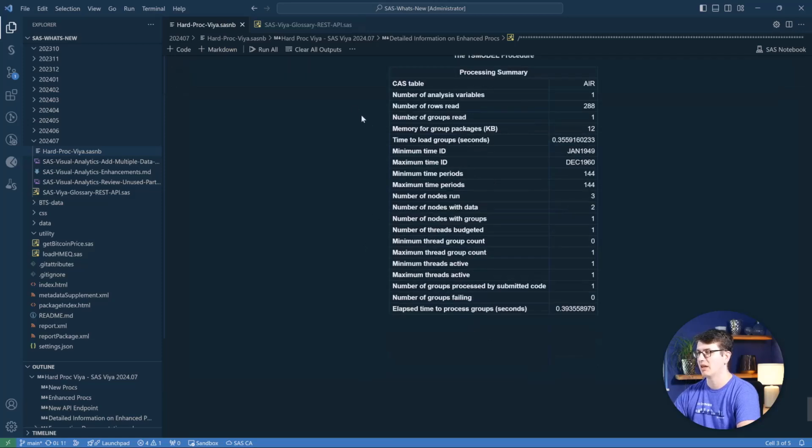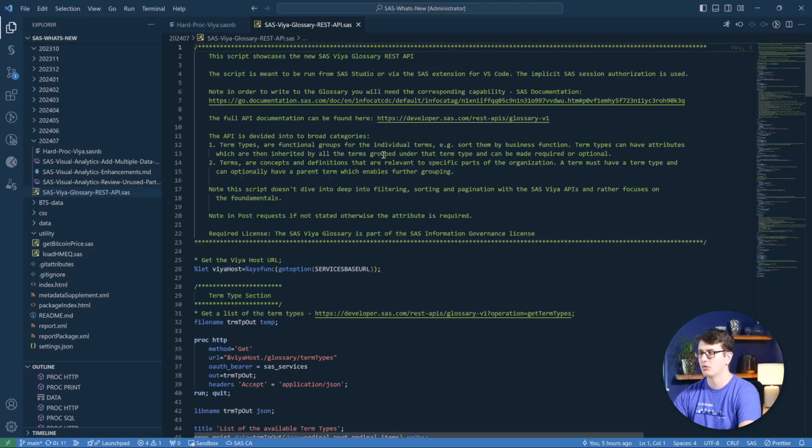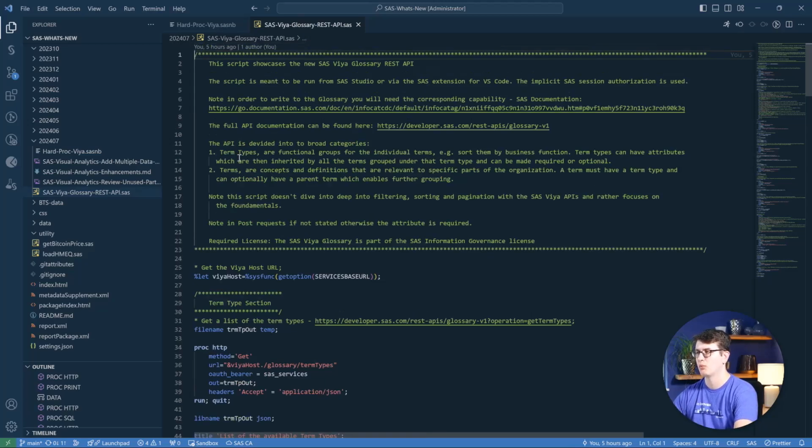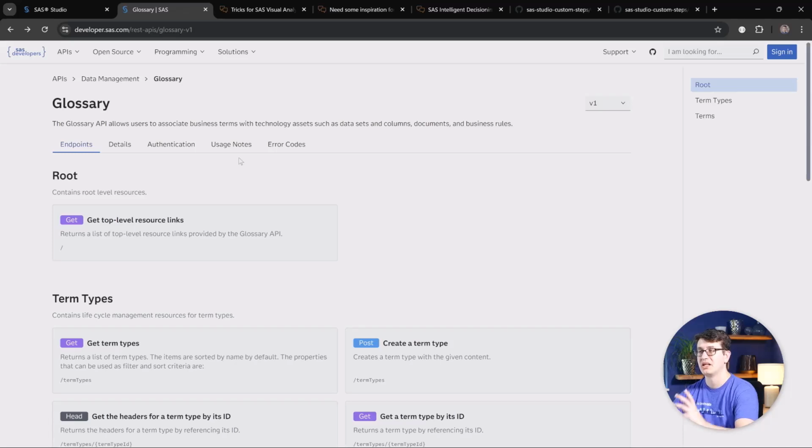Now, let's switch to the big one, the new REST API made available with the SAS Viya 2024.07 release. With that, we are first going to take a look at the new SAS Viya glossary REST API documentation. Here we are at